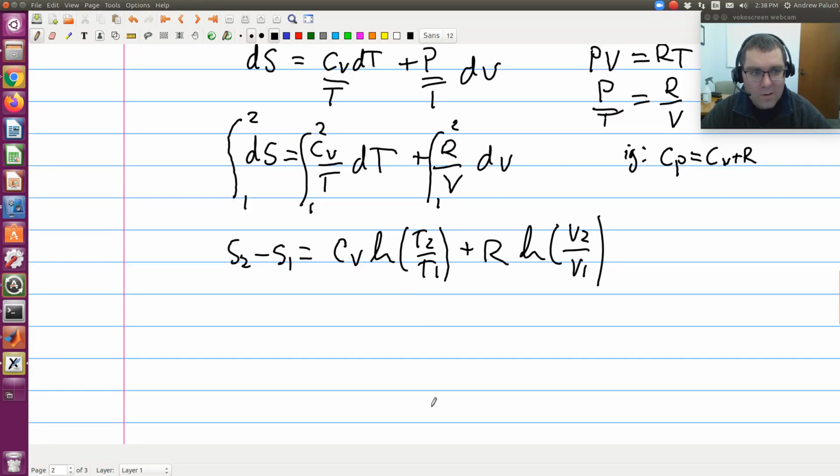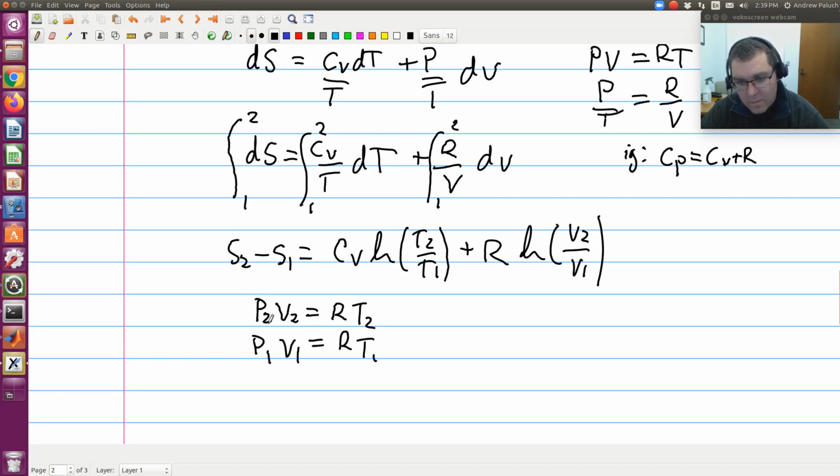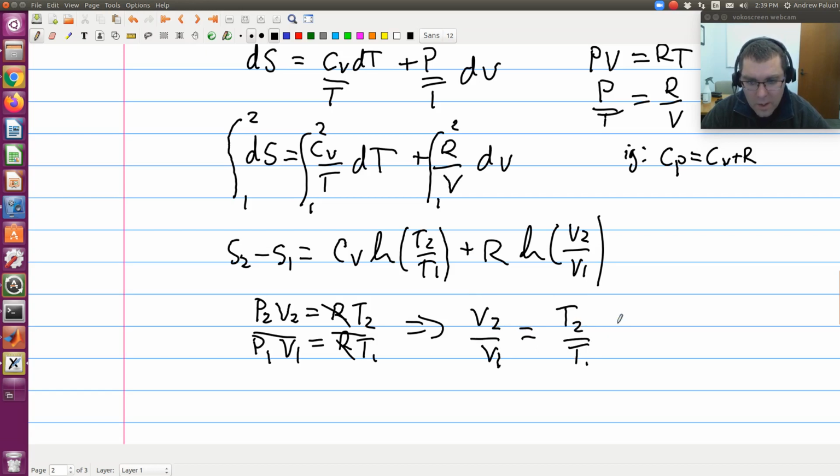So what I'm going to do next is use my equation of state again. So V2 over V1. I could write that P2 V2 is equal to R T2, and I have P1 V1 is equal to R T1. So dividing, the R's would cancel, and I'd be left with V2 over V1 is equal to T2 over T1 times P1 over P2. So I'm going to plug that in here,